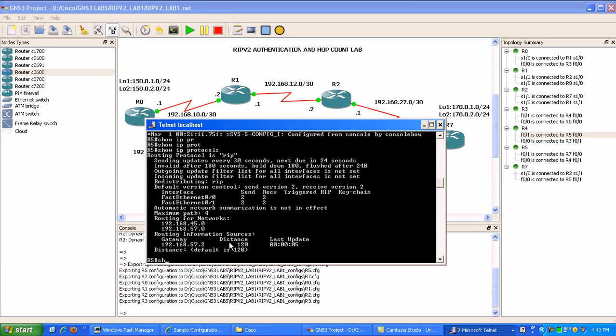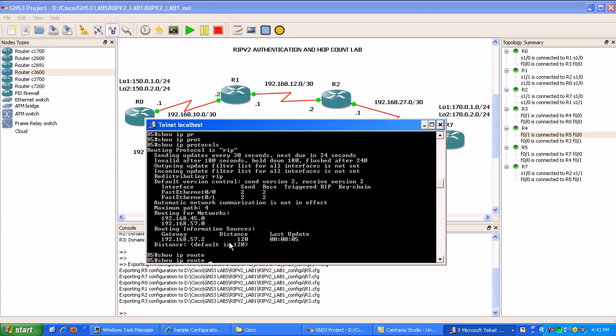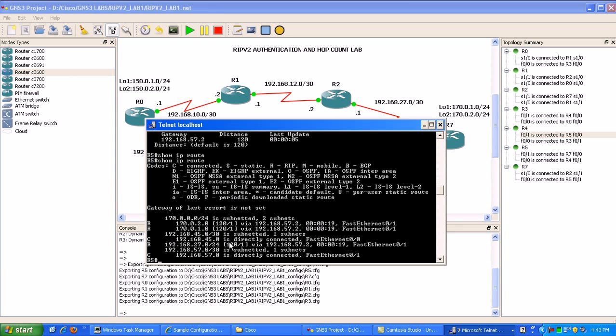Now if I do a show ip route, what you can see here is the capital R stands for RIP learned routes in our routing table, and you can see here right away we have the two loopback interface